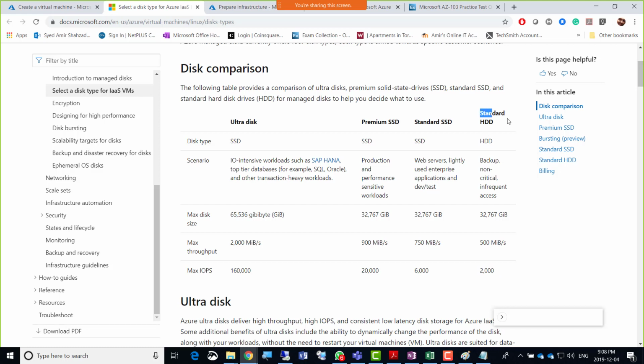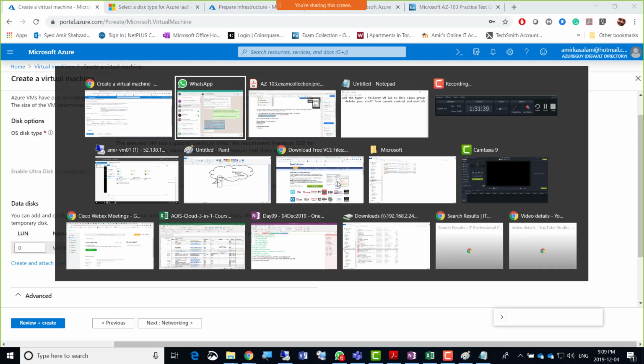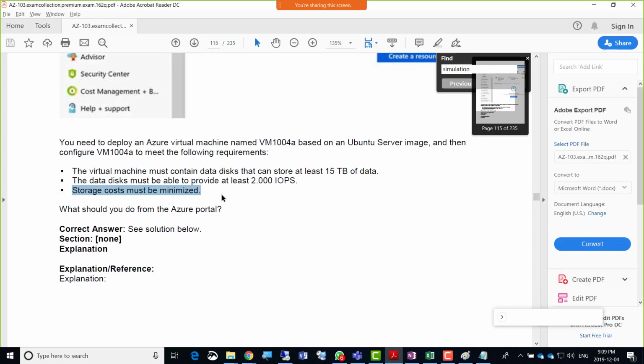So see this standard HDD, and it is 2000, but they are talking about cost. So we're not interested in SSD, which is 6000 IOPS, or 20,000 IOPS, which is premium SSD. So we need to go to standard HDD and 2000 IOPS, because when they say cost, then thank you, Ali, for that confirmation as well. And now if we go back here, definitely it would be standard HDD, because if you see cost, then keep exploring.